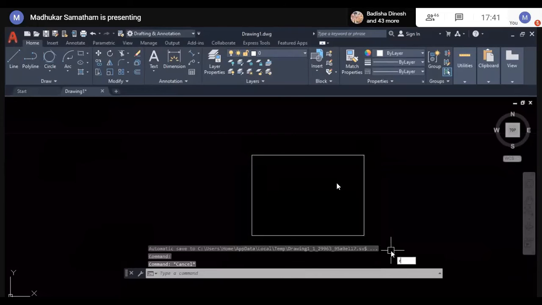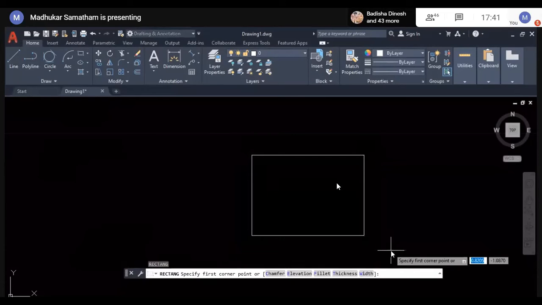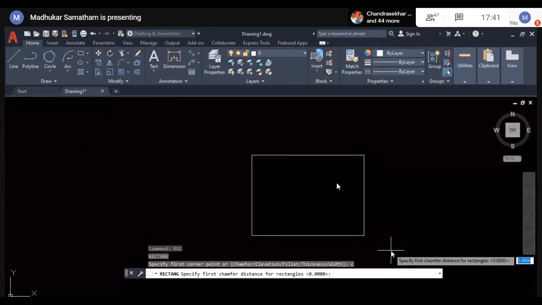In rectangle, you can see the chamfer option, type C, enter. Generally, when we go for the chamfer fillet, as mechanical engineers, we must understand, sharp edges will produce more tangential stresses or residual stresses. To reduce that, we will remove the sharp edges. In those cases, we will go for chamfer or fillet. Here, we are selecting chamfer.